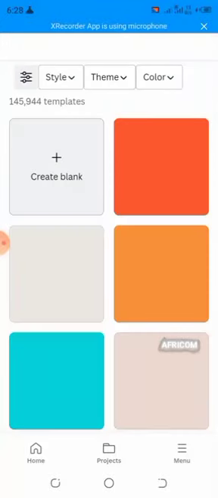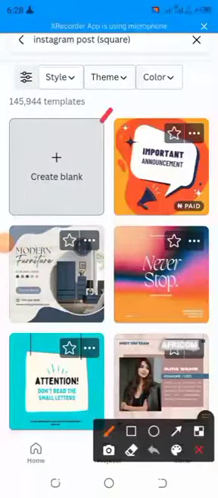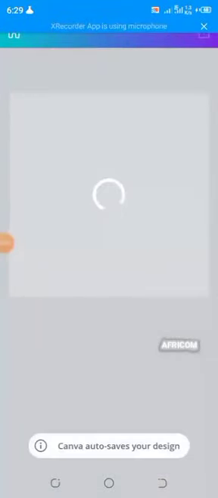As the Instagram post is opening, we wait for it to load because this particular design, we are going to design it from the scratch. So by so doing, we are going to make use of create blank. For those of us that are new, this is create blank. We click on it and we wait for it to load and open